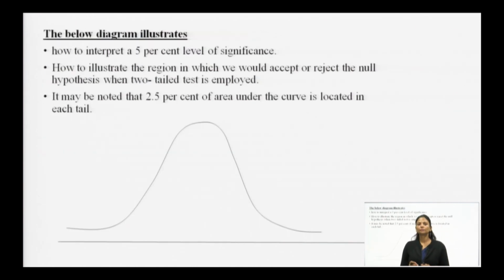So, with this diagram I will show you how to accept and how to reject. This diagram shows you 5% level of significance. If we are talking about 5%, we cannot write 5%, so what do we write it as? We write it as 0.05, because we cannot write percentages here; we are converting it to normal numbers, that is equal to 0.05.